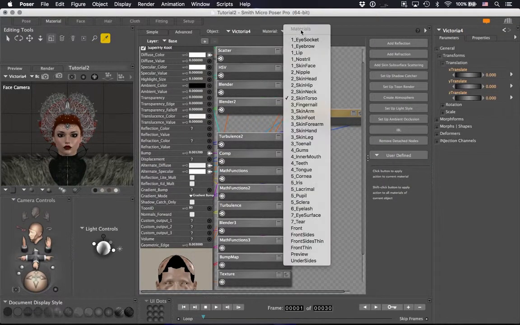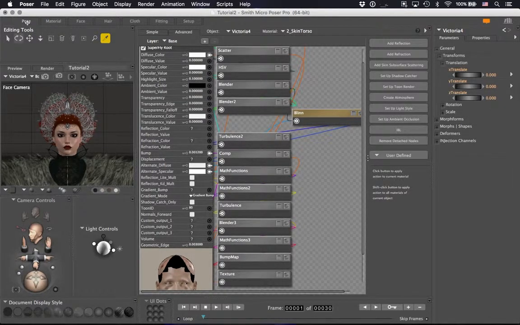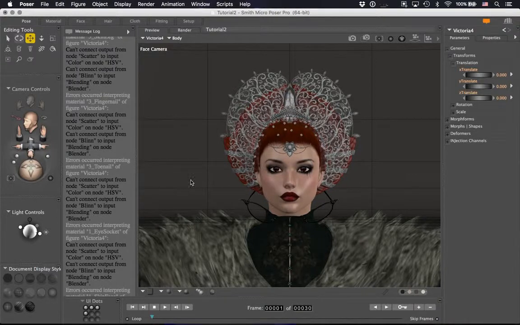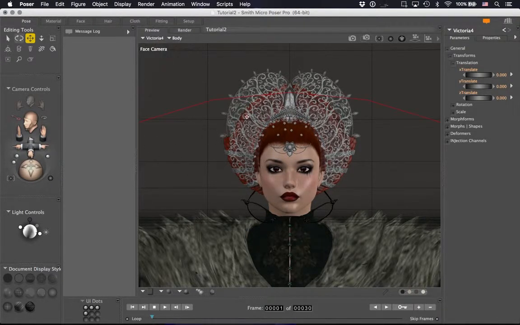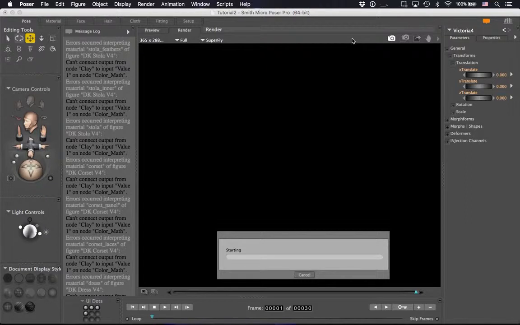Look at how many textures there are here to deal with. So that's what we're going to do. We're going to make a series of scripts that will let us easily change nodes. And like I said, the way I'm focusing it is something that is going to be more useful if you're trying to clean up materials for Superfly, but they certainly could be used in other ways in other versions